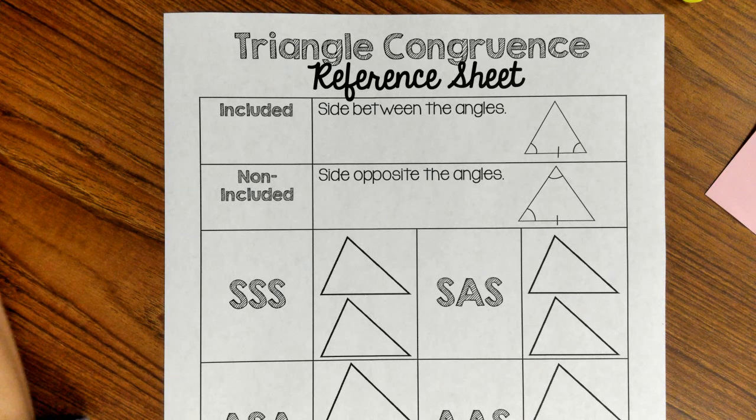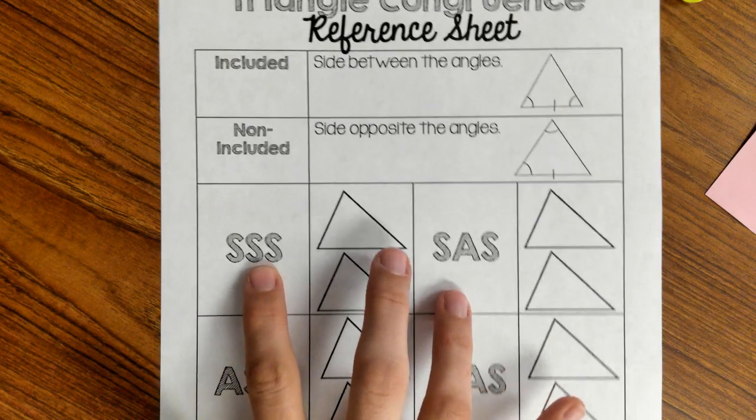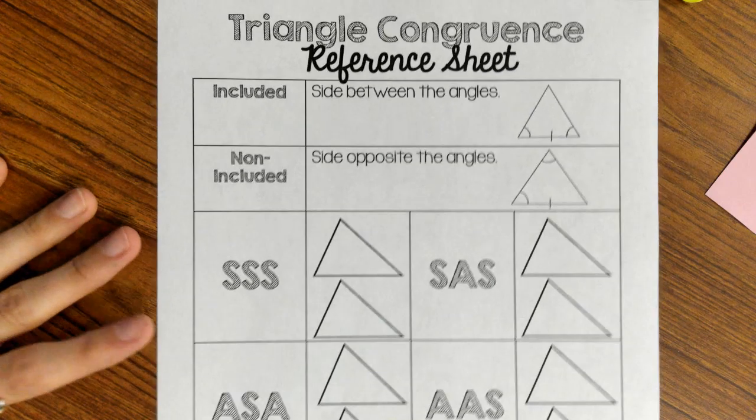Right, guys, give me the next set of notes, 3B.4. Moving on to actually doing two-column proofs and identifying what these SSS, SAS are, everything you saw on the